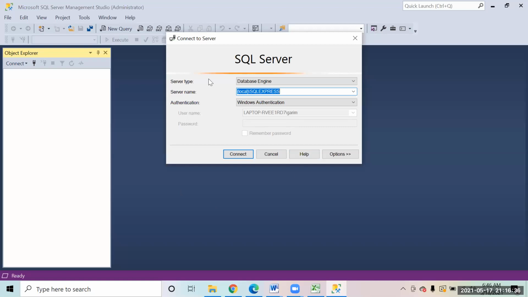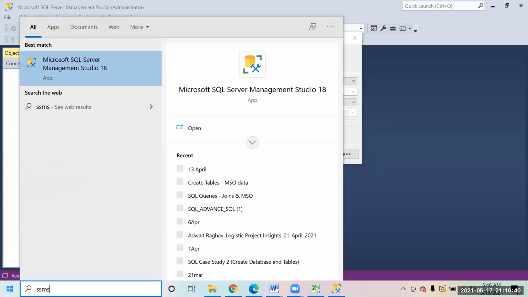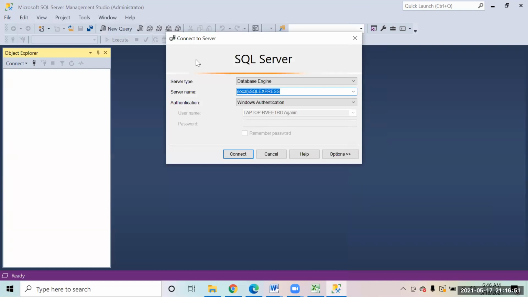This is how it comes out. In Windows, just type SSMS. This is the SQL Server Management Studio, the second link that you are installing, and this is what we are going to open. When you click on this, this is what opens.